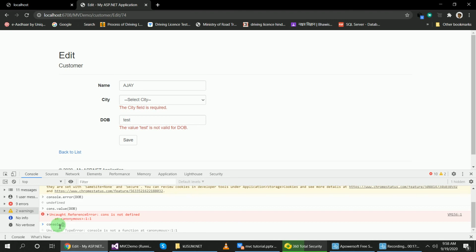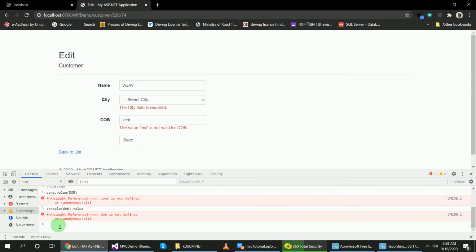Console, date of birth dot value. DOB is not defined.